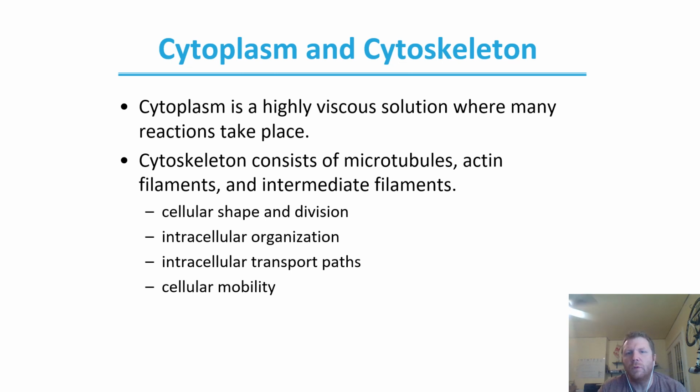The cytoskeleton is something that's a little bit more involved, and we'll talk about it a little bit this semester. The reason that we'll talk about it is because we'll ultimately be discussing actin filaments and different filamentous proteins. So the cytoskeleton consists of microtubules, actin filaments, and intermediate filaments. So think about this, and the key here is skeleton. So the cell's skeleton, the parts of that cell that are basically the structure of that cell and how it's maintained. The cytoskeleton is going to define cellular shape as well as division, intracellular organization, intracellular transport pathways, as well as cellular mobility.